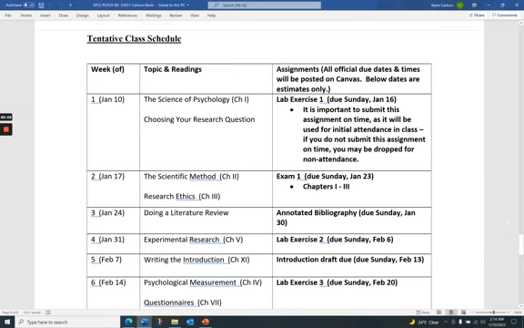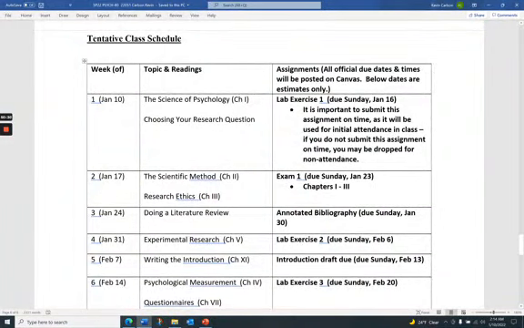Again, these are tentative dates, so always check Canvas for the specific due dates and due times. One thing that I make a note of somewhere in the syllabus is not to assume that the due time is 11:59. I know that a lot of people use 11:59 as their due time, but that's not always going to be the case.